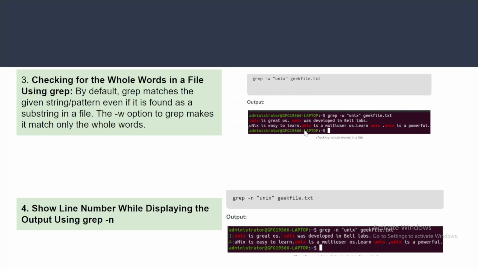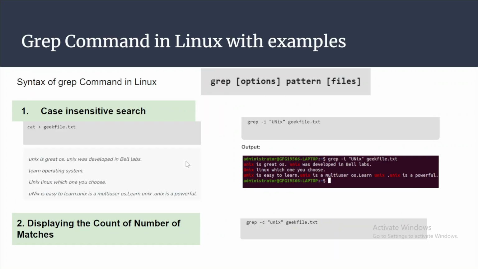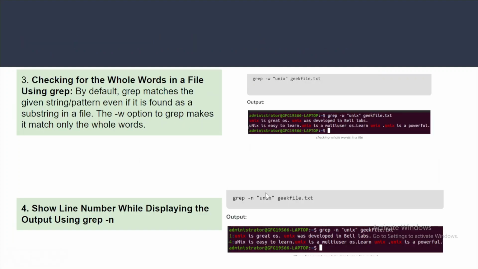Okay, now the fourth feature of grep is that you want to add a line number, on which line this particular pattern is there. As of now we had 4 lines in the file, and I want to see on which line this Unix pattern is present. So I'm giving grep -n and the pattern Unix, and because I'm not making it case insensitive, it will fetch the exact match.